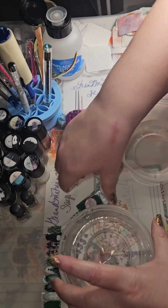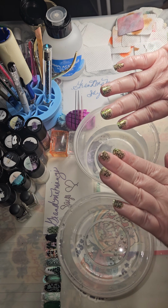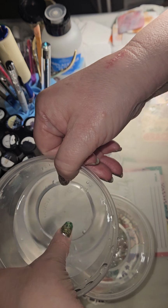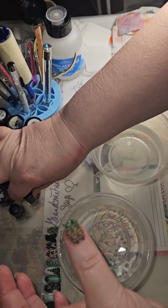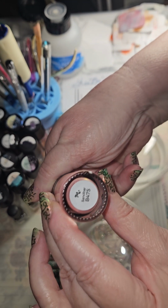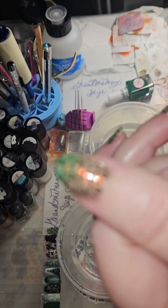So I have here, let me move this out of the way so you can see. Here's what I did for me, just something simple and quick and kind of fun. So this is cold. Let's see, what nails are not that long... okay, we'll do the thumb so you can see. I did the squiggles in both Crisp from Maniology, so you could see that, and the base color underneath is Sandbar, B475, and Crisp is B349. So there you can see what it looks like